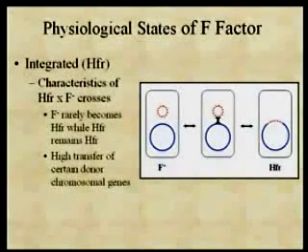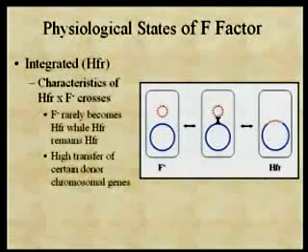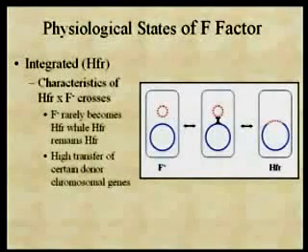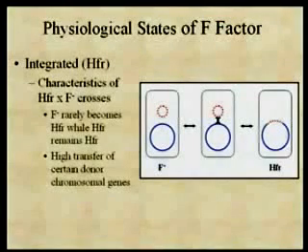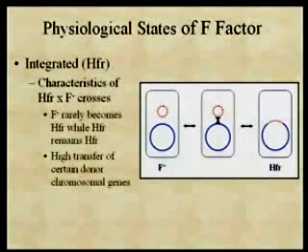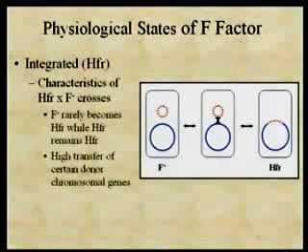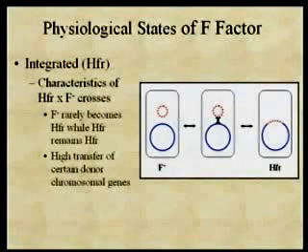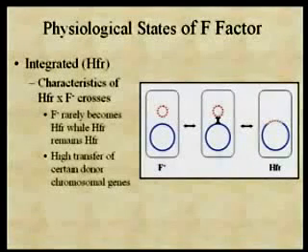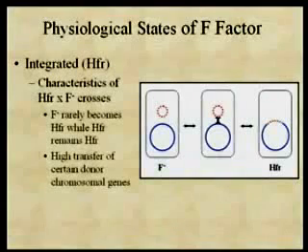So in crosses of the type of an HFR with the recipient, the recipient remains a recipient. I'd say it rarely becomes an HFR. This was the exception to the rule when I first started talking about gene transfer. In the laboratory, if you take extreme care so that there are no shearing forces whatsoever that can disrupt the mating pairs, you can, in fact, get the recipient converted into an HFR strain. But in nature, that probably never happens because there's always shear forces that disrupt the mating pairs, and you never get